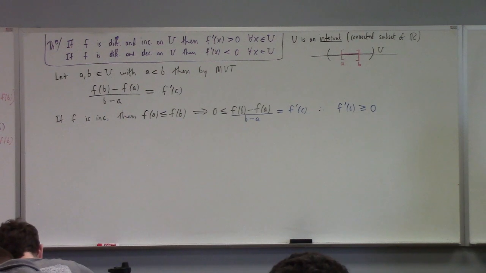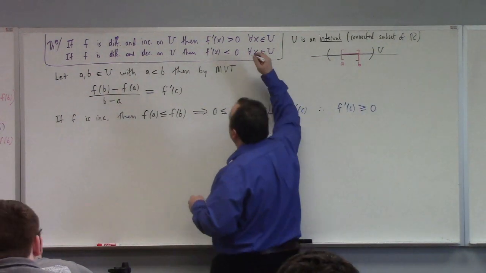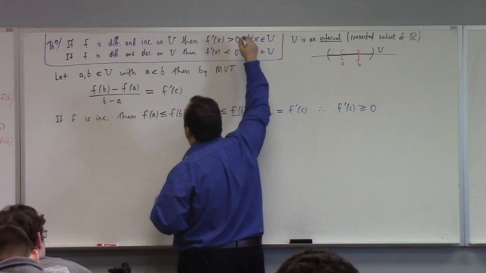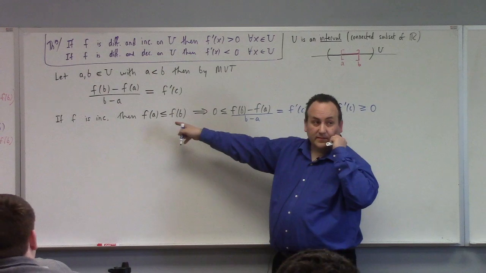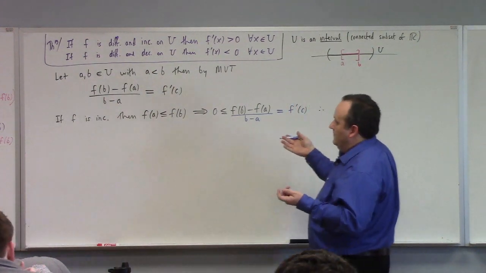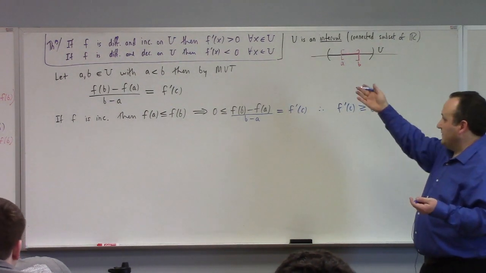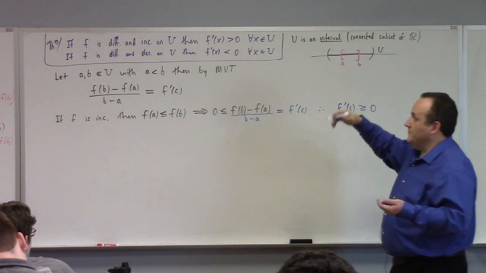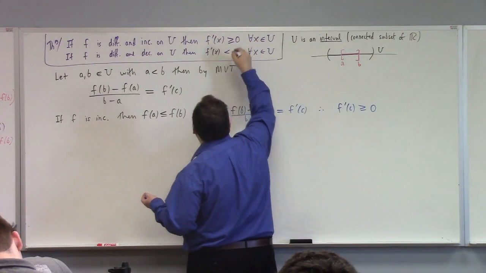So this is the error in the statement of my theorem. I don't know for sure that the derivative is positive if it's just increasing, because just increasing allows for the equality here. Now, if it was strictly increasing, then we could replace that with a positive. All right, but anyway, so there we go. Greater than or equal to 0.